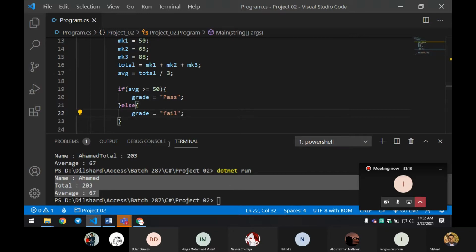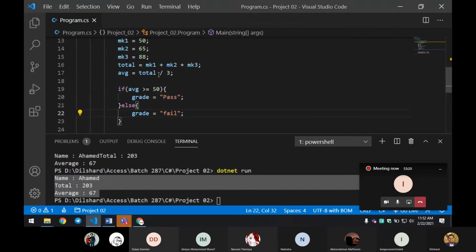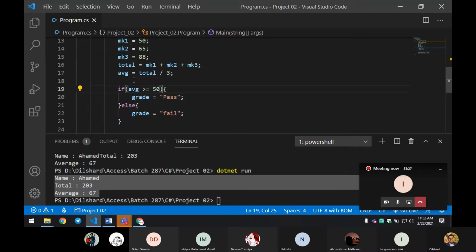And now if I want to run this, before running we have to call that grade here, right? According to the decision that the if condition makes, it will give you the correct answer. It will test whether inside this average variable there is a value. If the value is 50 or more than 50, it will print this. If the value is less than 50, I mean 49 or below, then it will print this message, right?